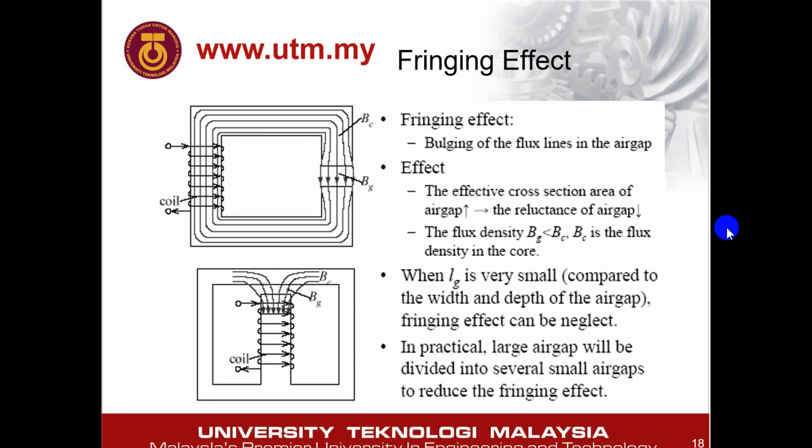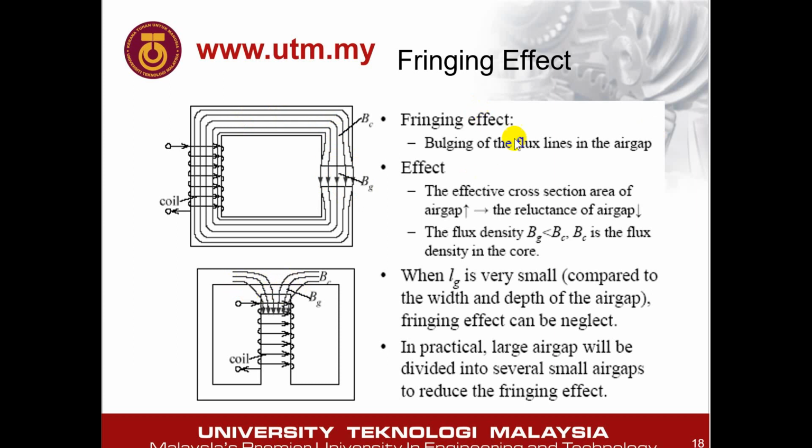Okay, another thing that you need to know is the fringing effect. This one is usually asked in the theoretical question. Fringing effect is bulging of magnetic flux lines in the air gap. This only happens at the air gap. What it means is, if you can see here, example, flux in the material is like this, but when it is passing through a gap or air gap, the area becomes increased. This is the fringing effect. It will bulge outside. This is also the fringing effect.